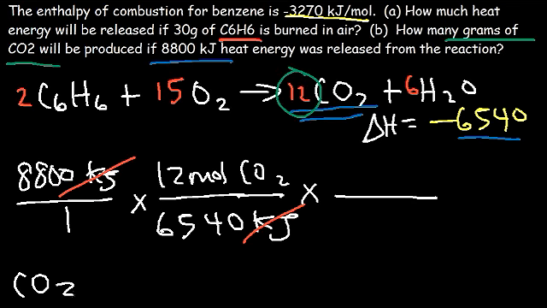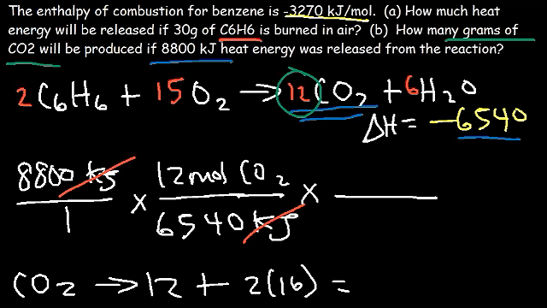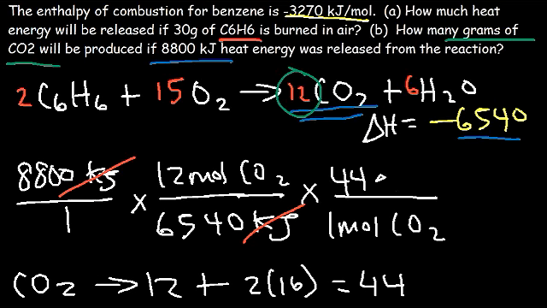So we need to find the molar mass. The atomic mass of carbon is 12, and for oxygen is 16, but times 2. 2 times 16 is 32, plus 12, that's 44. Therefore, 1 mole of carbon dioxide has a mass of 44 grams. So now the unit moles of CO2 cancel. So 8,800 times 12 divided by 6540 times 44 is equal to